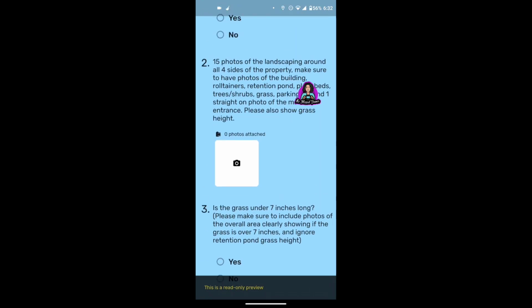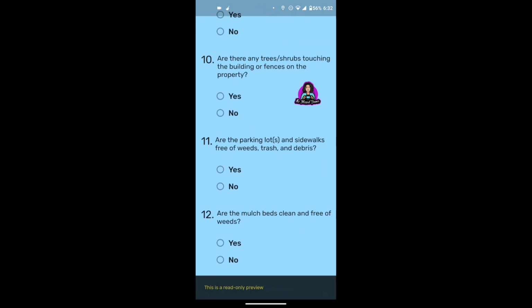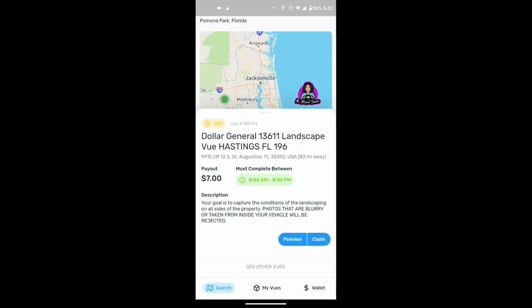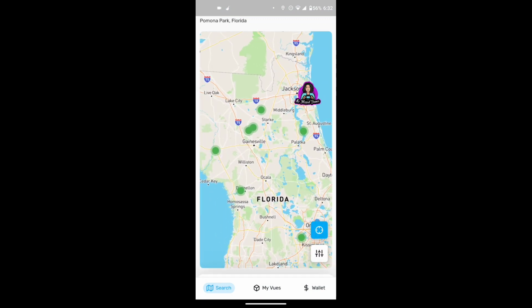And they're asking for 15 photos. They're asking you for all this stuff. Just basically doing like an audit. That's pretty much what it is. All these companies are doing just audits. Again, this is $7. This is the time they want you to complete it in, 8 to 8:30, and you can do that whenever you like. And so if you go to Middleburg,